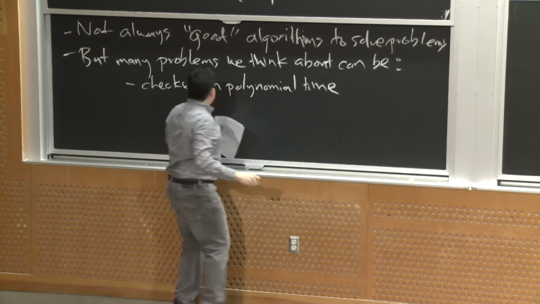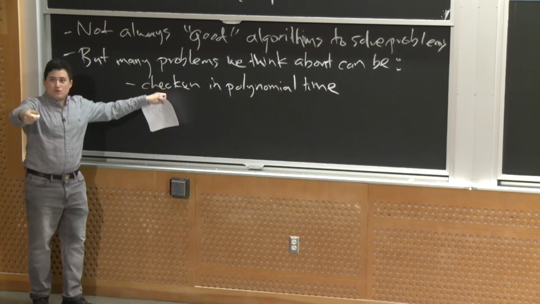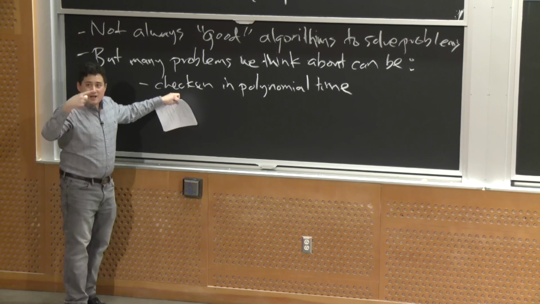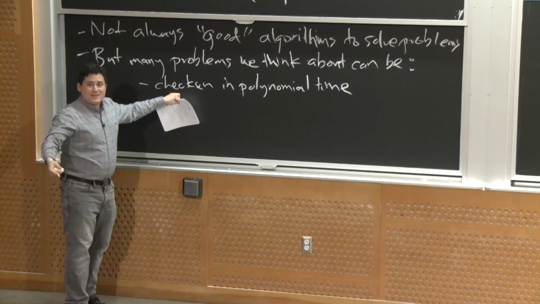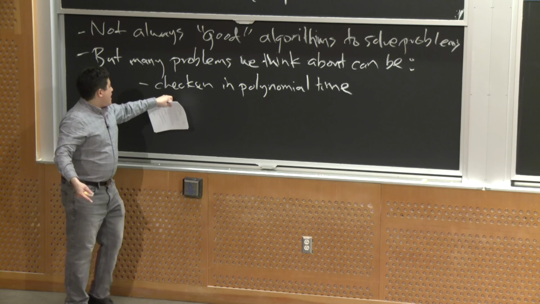This is the concept of having a certificate that I could give you of polynomial size that could be checked in polynomial time, right? In a sense, that's a way